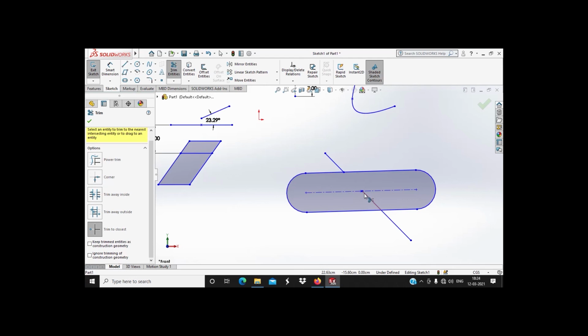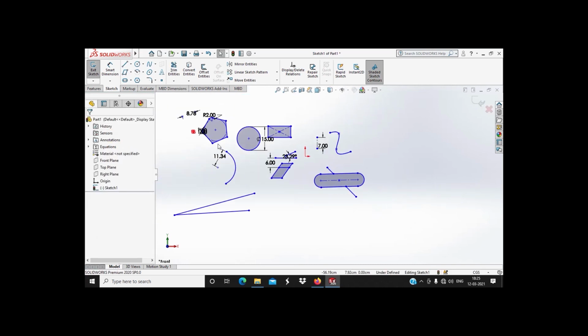Only that entity which we clicked will be removed, since the line which comes in between these 2 points is removed. If I click here, this will be removed. This is Trim to Closest.